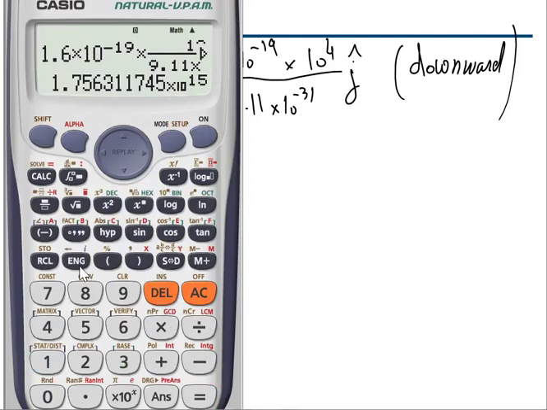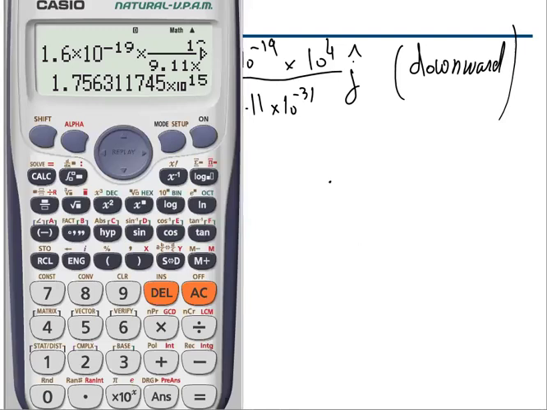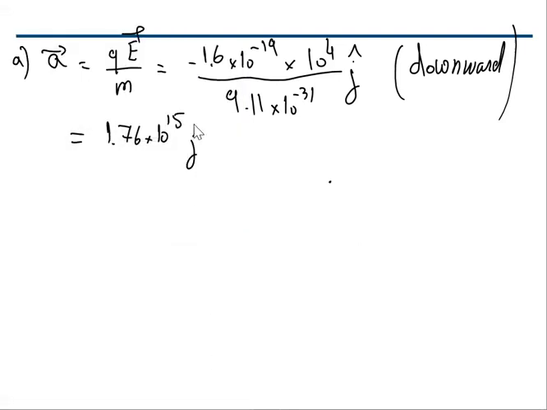So the result will be 1.7576 times 10^15 j. And don't forget that we have